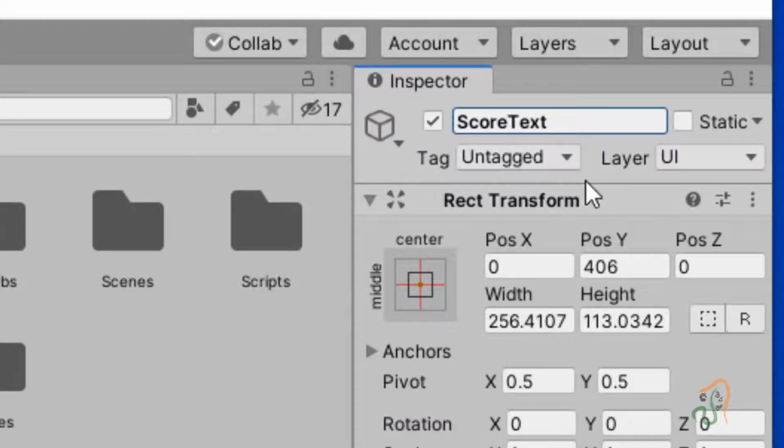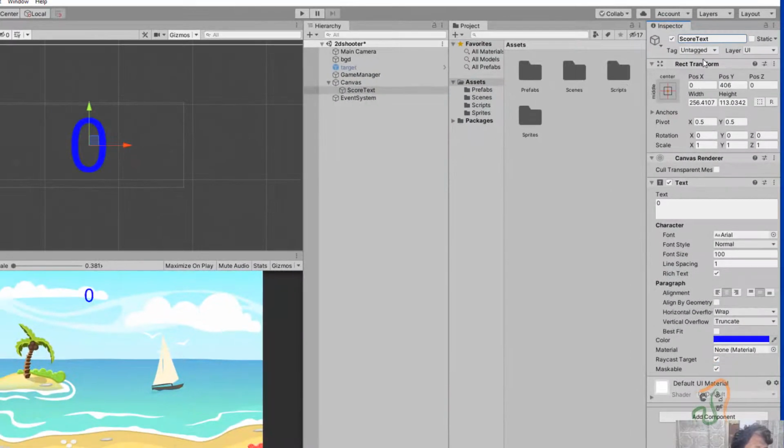So it has been given the name score text. Now we have successfully created the score text object on the screen. Next, we have to make our score appear over here, and we are going to do it using the script.